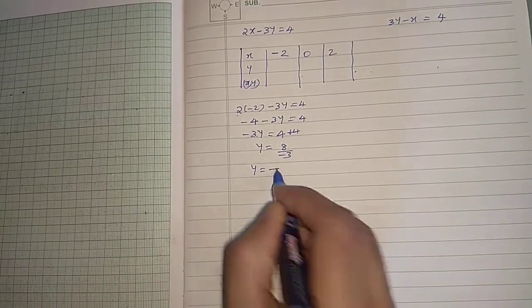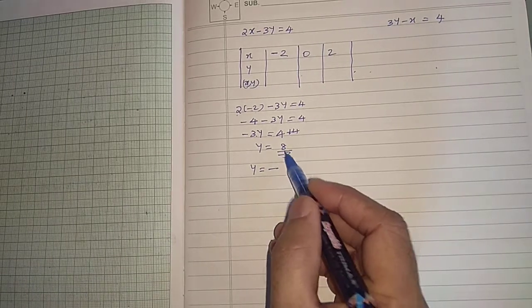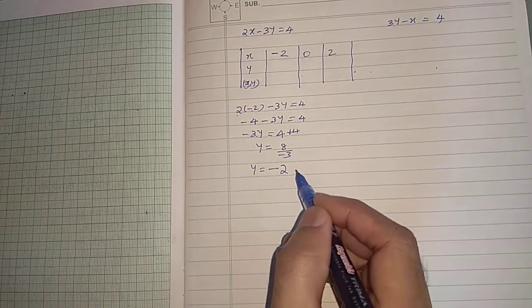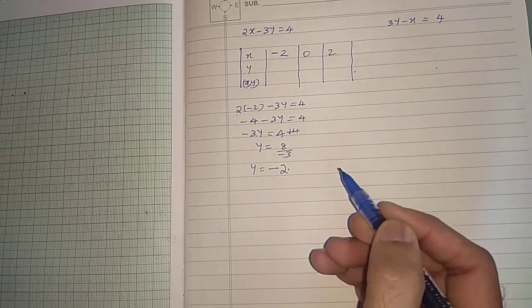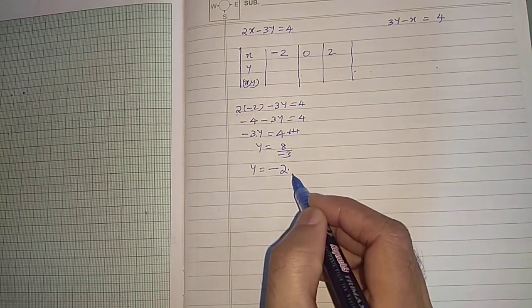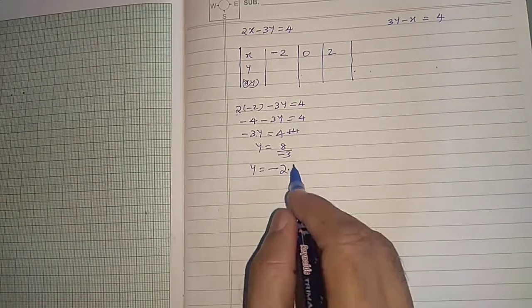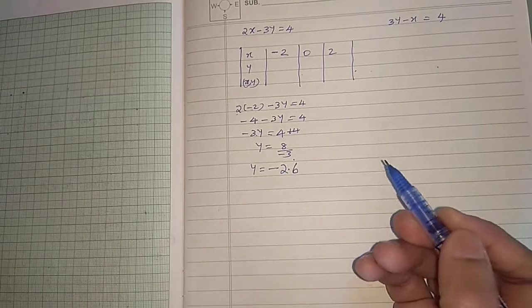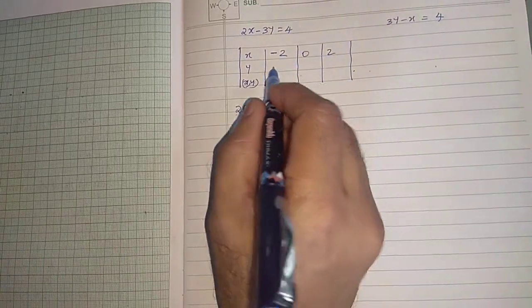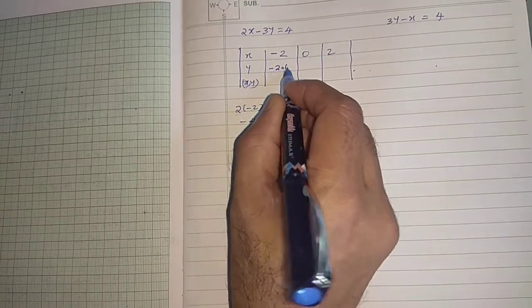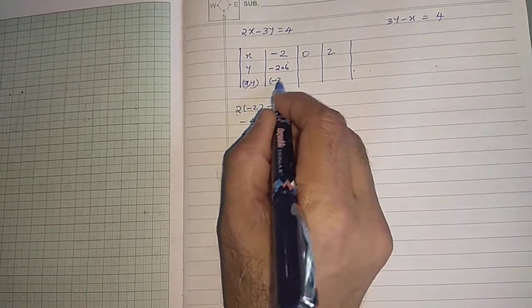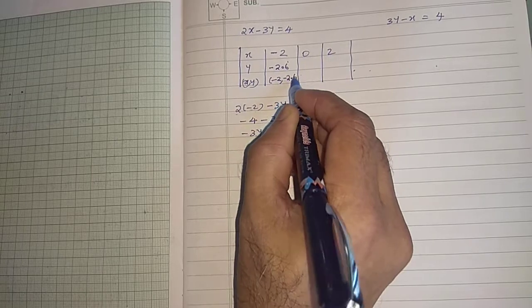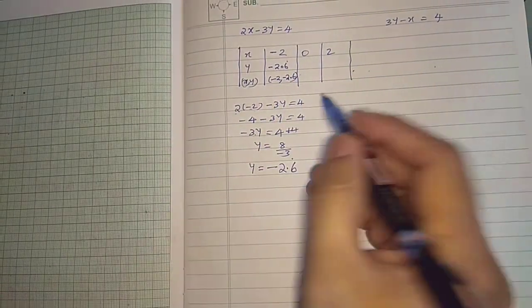y equal to 8 by minus 3. From 8, 2 times we can take. 2 3s are 6, remainder 2. Now decimal, then 2 becomes 20. In 20, 3 sixes, 6, 6, 6, like that it goes. We can write that here. It is minus 2.6. So the point is minus 2 comma minus 2.6 we can take approximately.